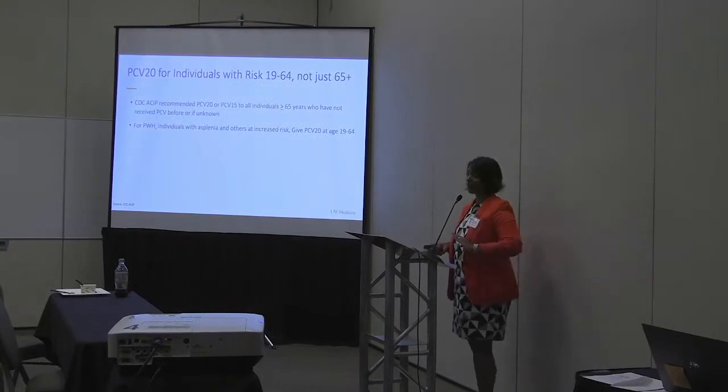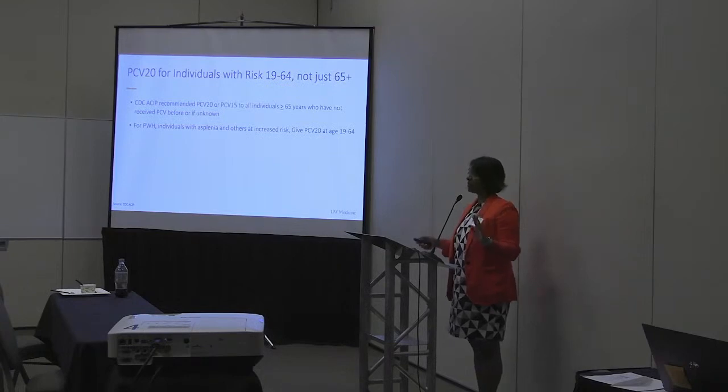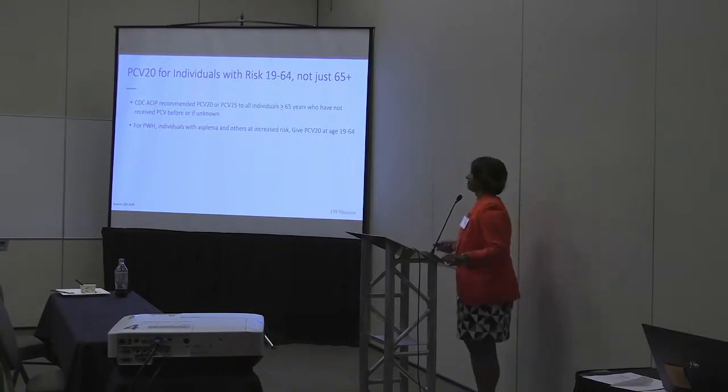That being said, if you get the PCV15, you still have to follow it up with a polysaccharide vaccine if you're immunocompromised, at least 8 weeks later. So it's not one and done as it is with the PCV20. It's much simpler than it was: if you give an immunocompromised adult PCV20, they're good, they're done. There's nothing else you need to do, but if you give them PCV15, you still have to give them a polysaccharide vaccine. So you still have to stock 2 vaccines.